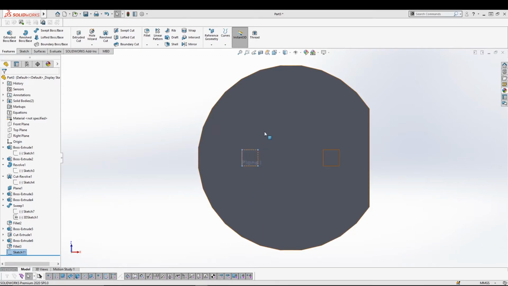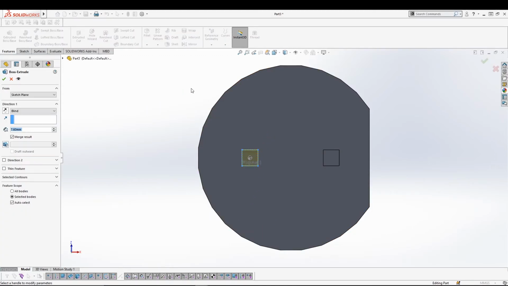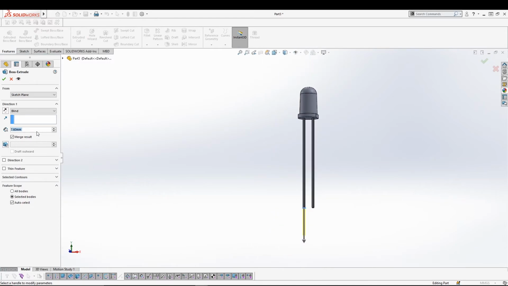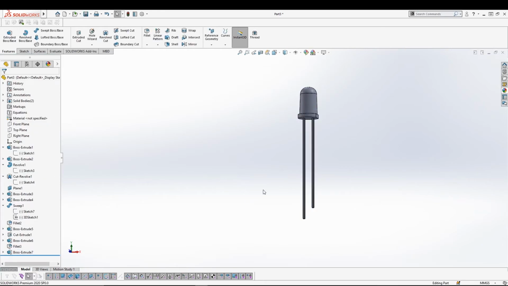To create a difference between both the legs. Alright, so let's say this one is 3 mm. Select this one. Okay, because there is always a long leg and a short leg inside an LED. Alright,